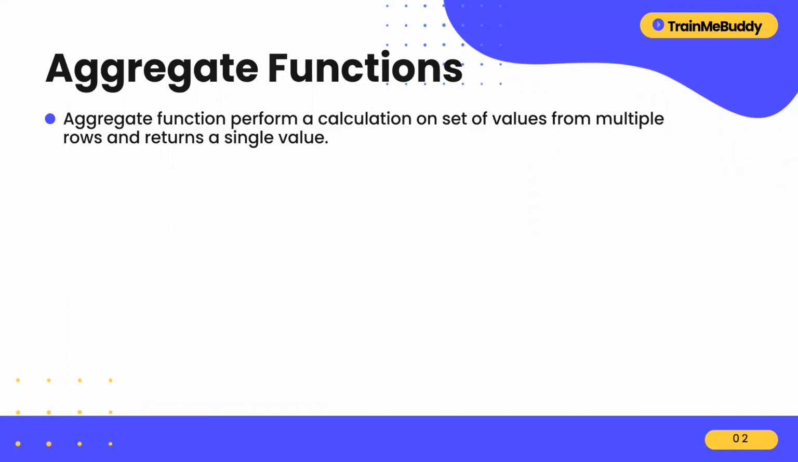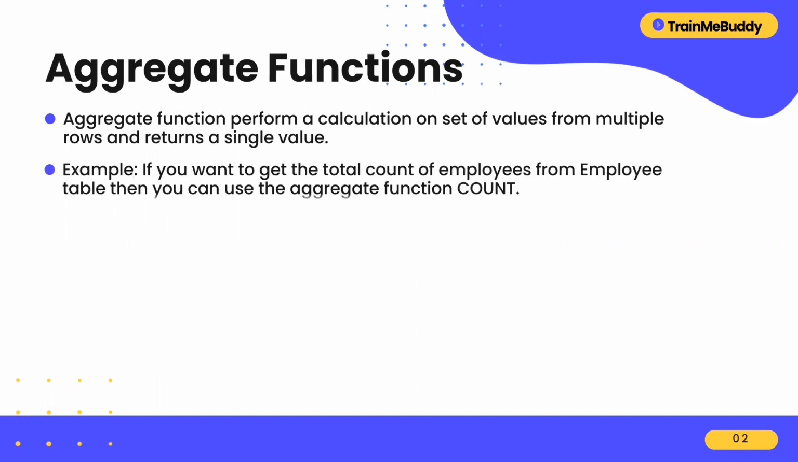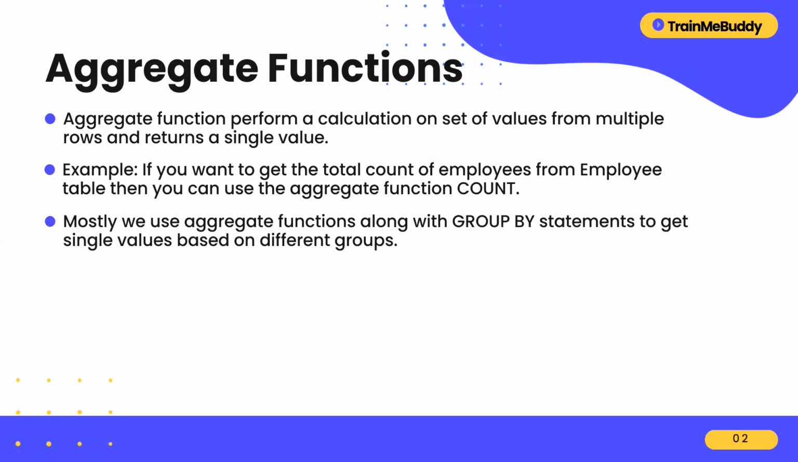So what is an aggregate function? Aggregate functions are used to perform calculations on a set of rows from one or more tables and return a single value. For example, if you want to get the total count of employees from the employee table, then you can use the aggregate function count to perform the same. Mostly, we use aggregate functions along with the group by statement to get single or aggregated values based on different groupings. For example, if you want to get the highest marks scored by a student in a class, then you can use